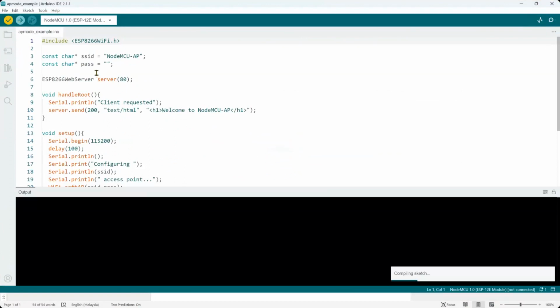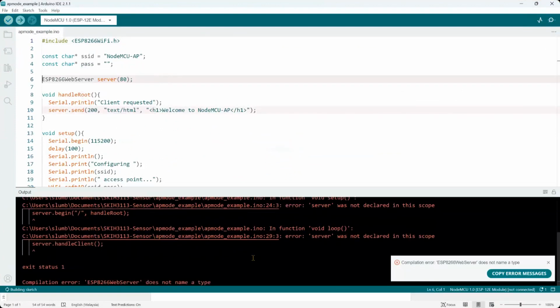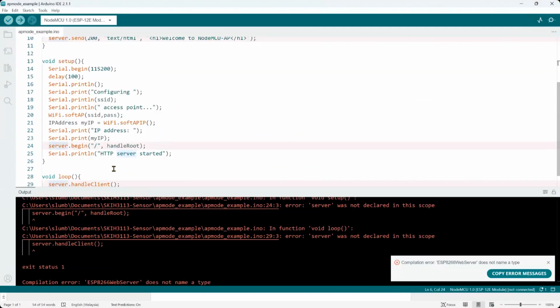Give it a try. Try to compile first, and then you can upload. Oops, sorry. Server. So this is server. This is server. Bottom down here, server begin.